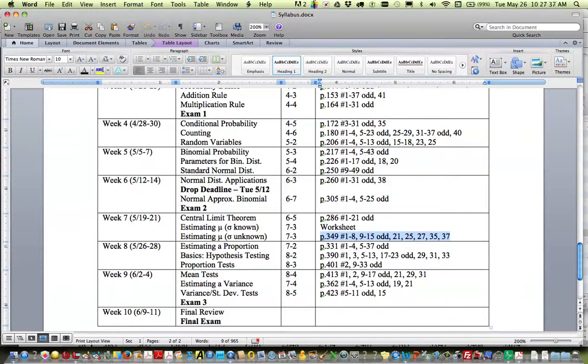I do want to talk about proportions, and I do want to talk about means, so we're going to shore this up a little bit. We'll have an exam 3, looks like it'll be sometime next week. We'll have a day to review for the final, and then our final exam looks like June 11th. I will get back to you again later on this week, and I'll take questions on these, and then I'd like you to keep working on section 7.3 for homework for Thursday.